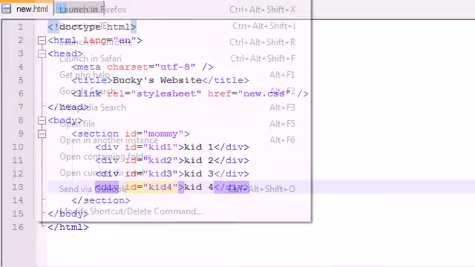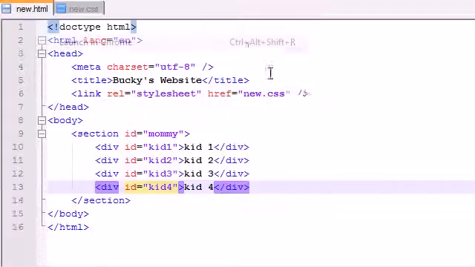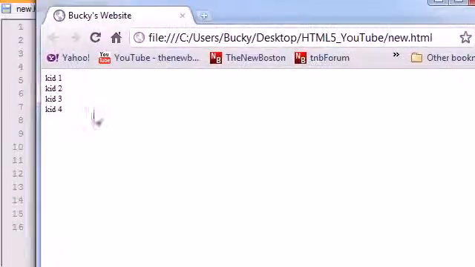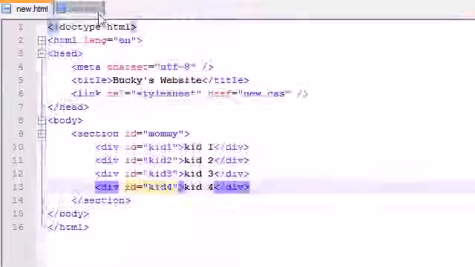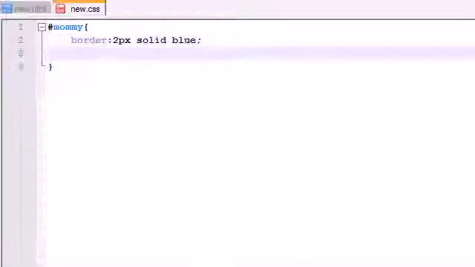So if we go ahead and save this and look at it in Chrome, we can see that, okay, we have 4 kids lined up one underneath each other. So we need to go ahead and change the styling immediately because that looks horrendously bad. The very first thing I want to do is in our mommy, I want to add some, I am just doing this to make it look pretty. This isn't really the tutorial at all, but I want to add a border of 2 pixels solid blue, and